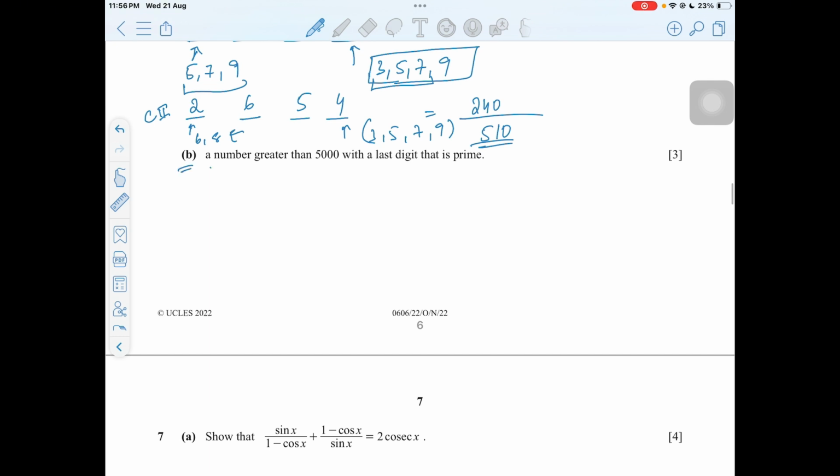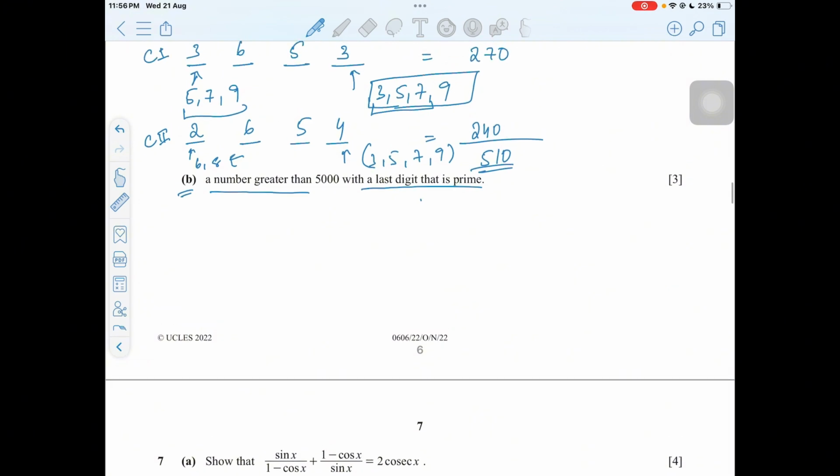Now in part B, we have a number greater than 5000 with a last digit that is prime. So what are the prime numbers? Prime numbers are 2, 3, 5, and 7. These are the four prime numbers, right? Again, we'll be using the two cases. Our case 1 would be